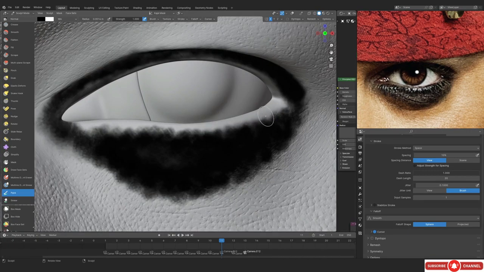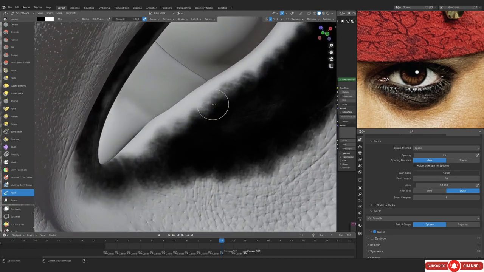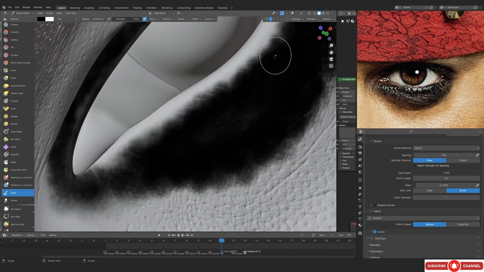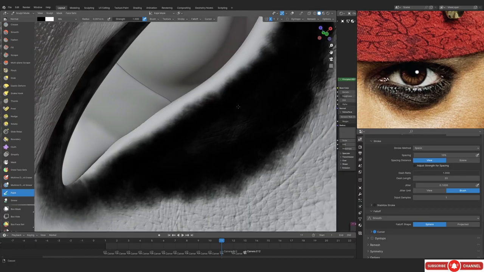Alright, so this is what we have, and if you wanna clean the line on the lower eyelid as well, just do that. Yeah, I'm literally just doing it.